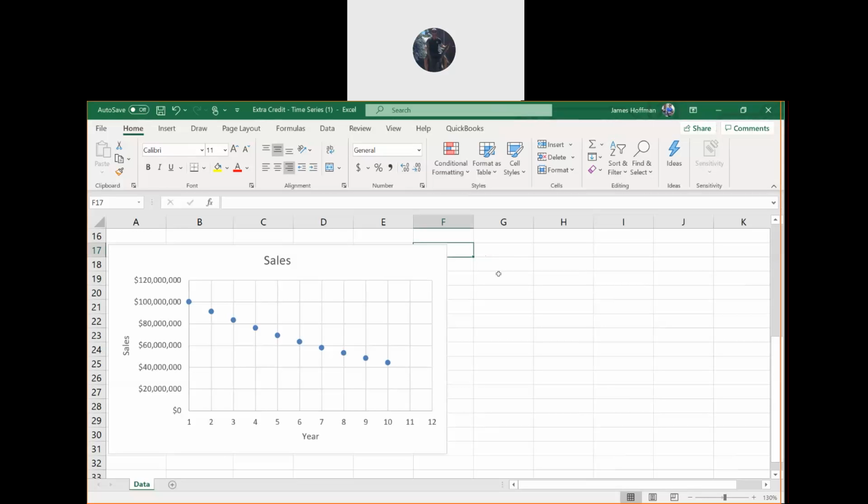Okay, and then we want 2 more copies of this so we can do 3 different trend lines with the same scatter plot data. So to do that, just click on the chart, and you can copy it, Control C, and then just click on another cell to the right and click on Control V to paste it.